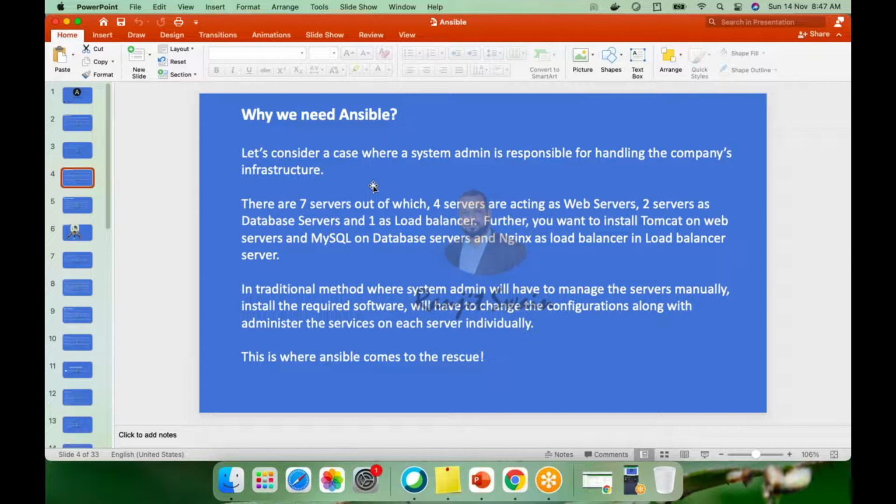suppose your company or organization got a project, and that project requires multiple servers or machines to be configured. Once your development phase is done, you need to deliver that product to the staging and testing environments. Suppose it is a huge product and you need to implement it on various servers and machines. Before implementing that application, you need to make sure that the required configuration, meaning the binaries, libraries, configurations and the ini files,